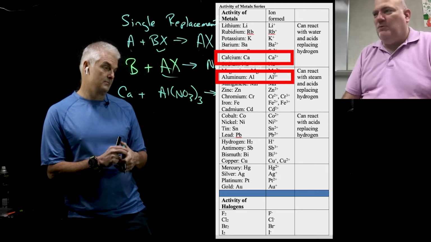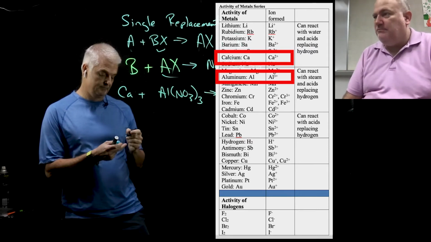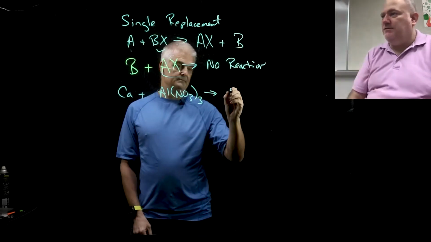Whatever one's higher up on the table wins, right? So in this case, you can see if you put your finger on calcium, calcium's higher up than aluminum. So calcium can kick aluminum to the curb. So it's going to make